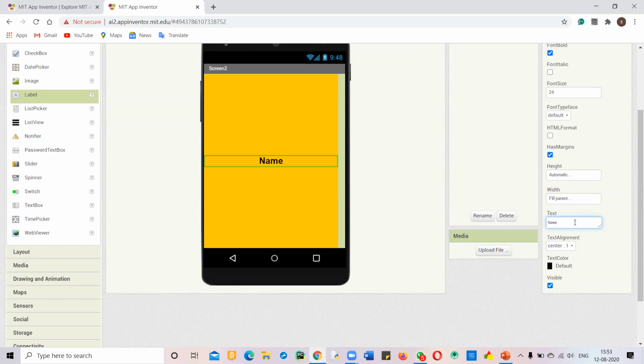You can either use equals to or you can use a dash. Now write your name, and then to jump on next line you have to use a backslash and then n, then a space and then your class, then again a space, backslash n, then again a space, and then you can write your school. Okay, your information will come, don't copy my text. This is my information, and in this you have to write your information.